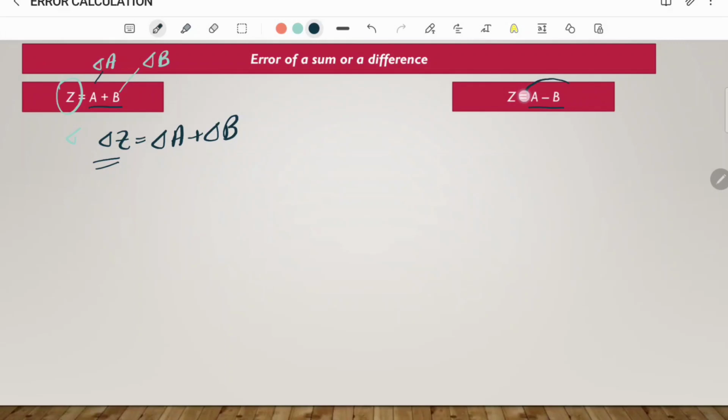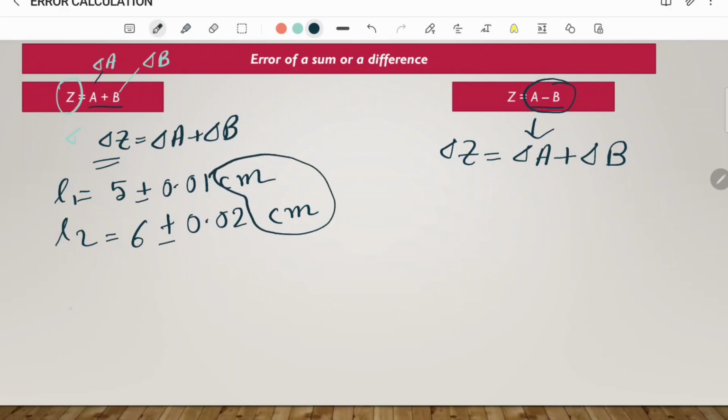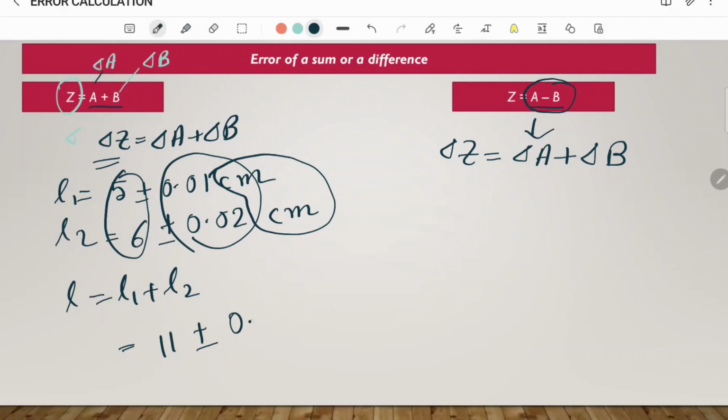And here, though we are subtracting these two quantities, error is always additive. So the error will also add up in this case as well. Suppose one of the length measurements in a scale is given to be 5 centimeter plus minus 0.01 centimeter, and another length is provided to be 6 centimeters plus minus 0.02 centimeters. If we add these two values, these two will add up and our errors will also add up. So in the final measurement, error will increase,